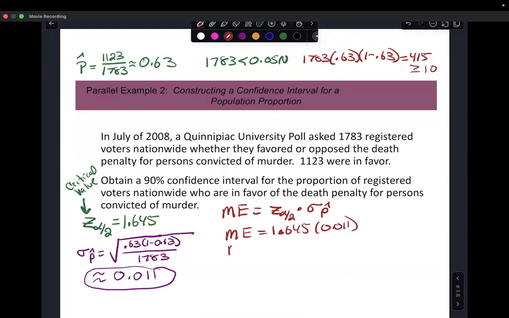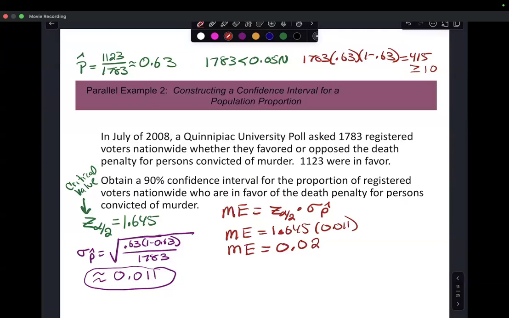So my margin of error is now, I know that I've always been a stickler for not rounding so early, but pretty much it's standard to just round to two decimal places. So we would just say that our margin of error is 2%. It's pretty standard to round the margin of error like that. Generally, we just round it to two decimal places. So the actual is 0.0188, and I just rounded it to 2%.